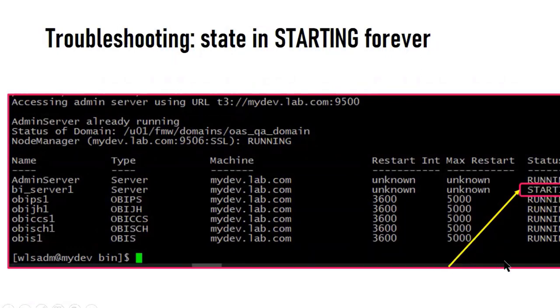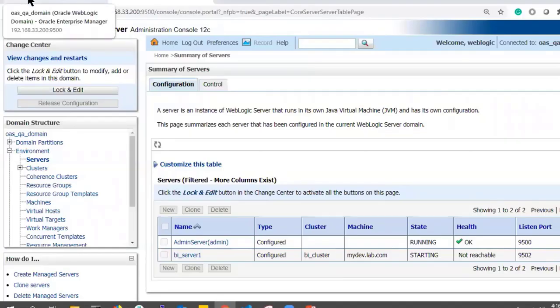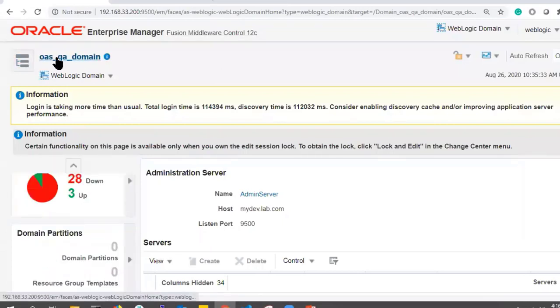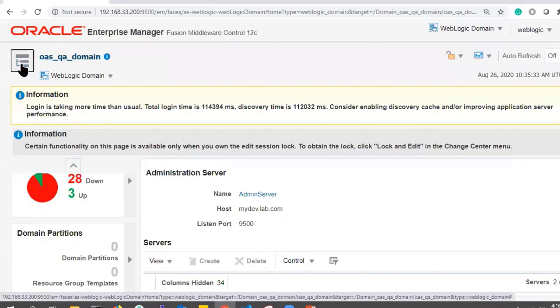In such cases, you can stop the server and see what is happening in the logs, and you can also restart that server. Okay, so there are different options. We'll restart. So where is that restart option? And this is a BI domain. In the BI domain information, under that, there should be tabs.